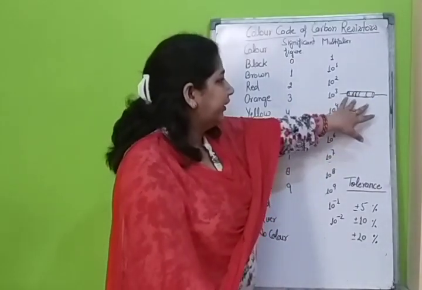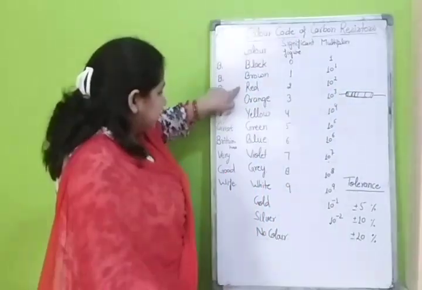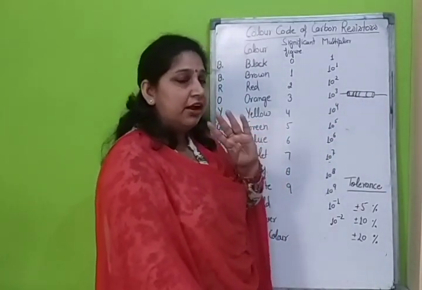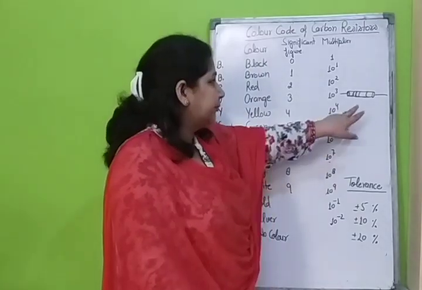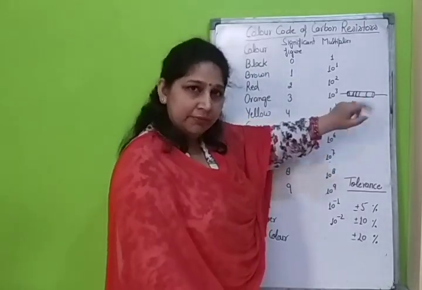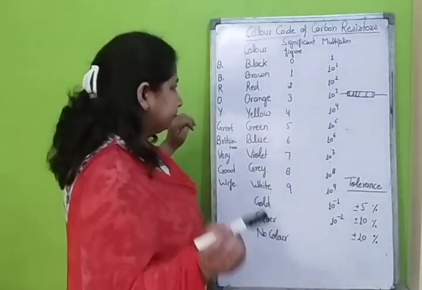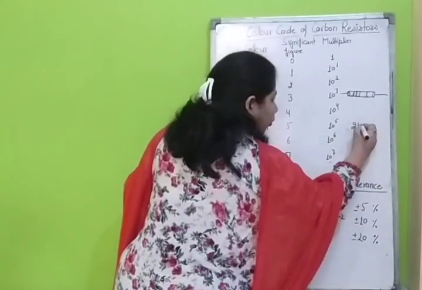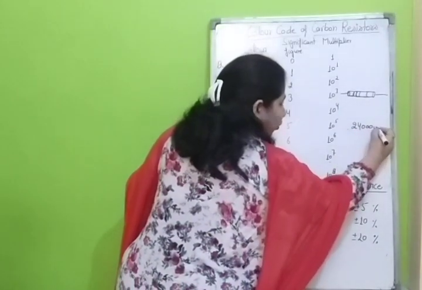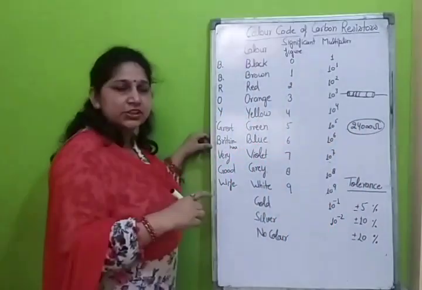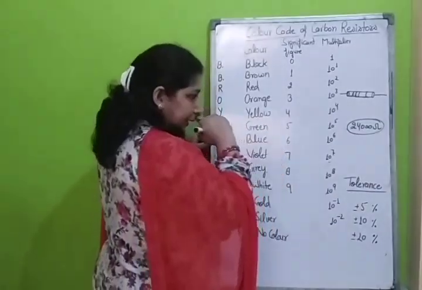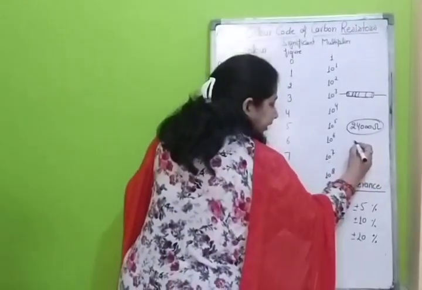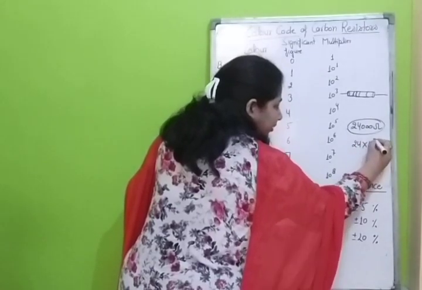And what is the coding on it? We have three lines near to each other and one line at a separate distance. Means we have four lines or three lines, means the fourth line may or may not be there. What is the meaning of these lines? Listen. Suppose we have a resistance of 24,000 ohm. Then we can find it with the help of coding. We can write here 24 into 10 to the power 3.